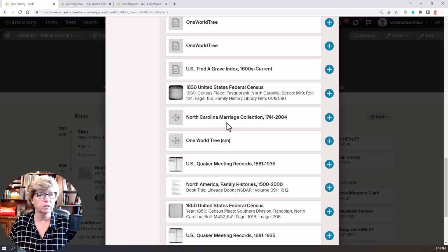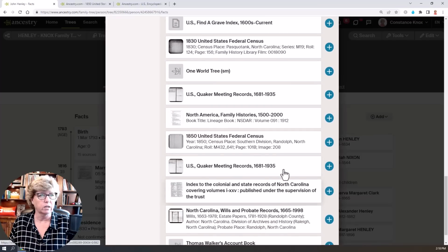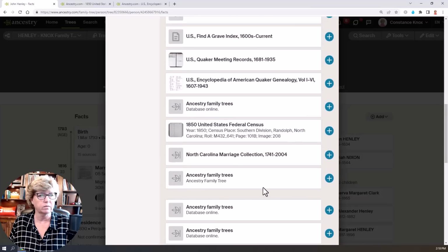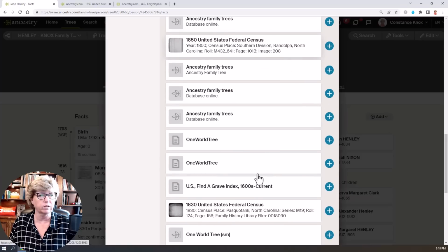Oh, there's North Carolina Marriage Collections. Let's do that one too. We'll go back and look at it just to make sure, but as long as we're here. Here's another bond index. Wow. Marriage Collection. See, there's duplicate records in here. We're going to get rid of some of these, but I'm going